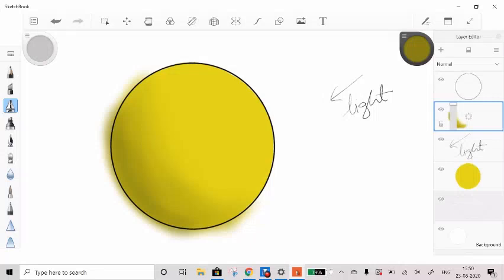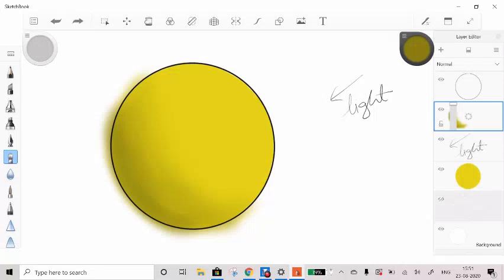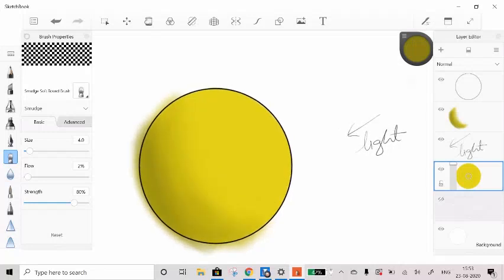So as now you can see, there are actually four different shades of the ball, and if we want to smudge them properly, this is one of my favorite smudge tools. This is Smudge Soft Round Brush 2, and here also we can adjust the size, flow and strength, and we will just try to smudge all the colors together. Okay, so I think we are done with the darker shade, and moving ahead to the lighter shade, we'll just